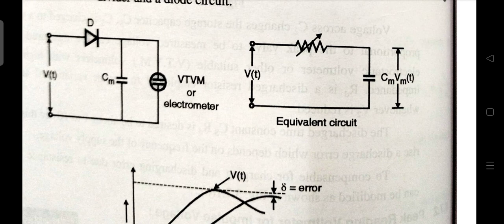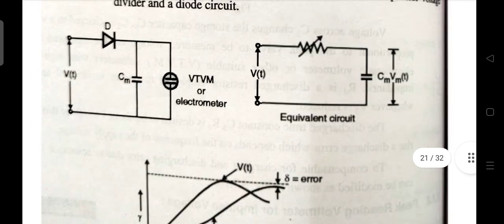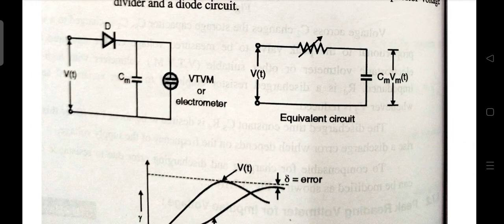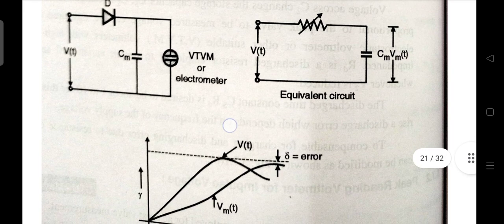The circuit consists of a valve rectifier. Diode D conducts only for the voltage pulse, as it is connected in reverse for the negative pulse. When the voltage impulse Vt appears across the low voltage arm of the potential divider, the capacitor Cm is charged to the peak value of the pulse. When the amplitude of the signal starts decreasing, the diode becomes reverse biased and prevents the discharging of the capacitor Cm. The voltage developed across Cm is measured by a high impedance voltmeter.